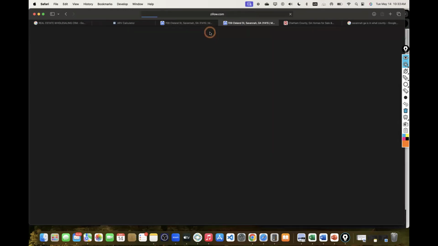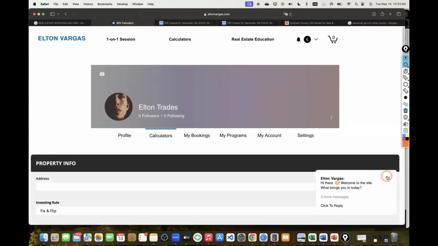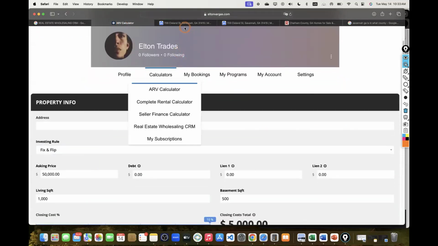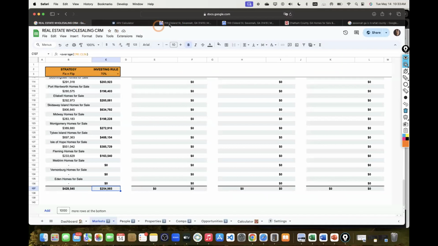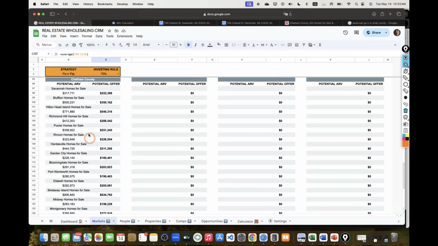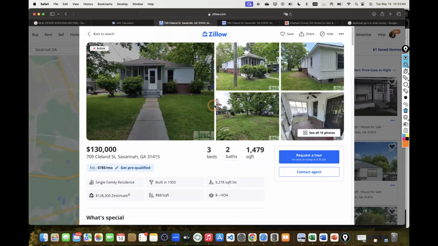So let me duplicate this and let me start analyzing the property in terms of numbers, because this is where we have to start doing some numbers overall. So the property is listed for $130,000. The potential, based on what city is it on? It's in Savannah. Okay, cool. So Savannah, Georgia properties can sell for potentially 317. So now I gotta confirm, can this subject property that I'm looking at sell for $317,000? That's a question of if. So I have to play that game and let's see what I'm able to find.